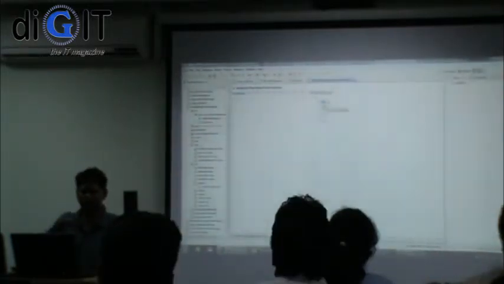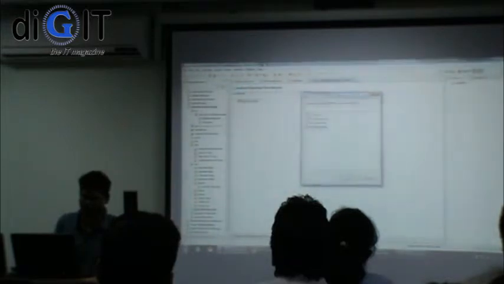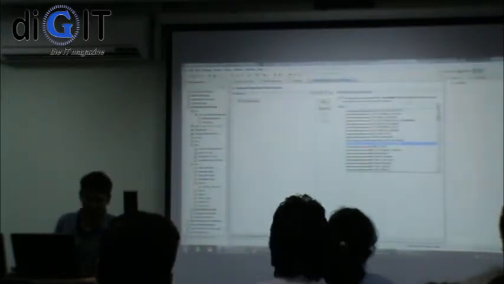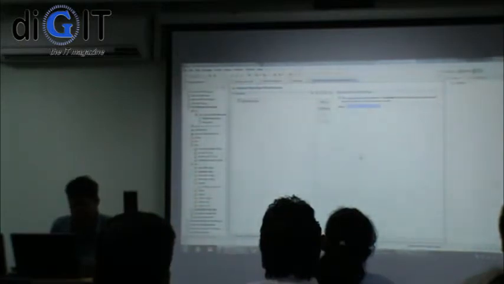Wait, we modified the wrong manifest. I had many projects open, sorry. So it's actually the wrong manifest. I'm just going to add the internet permission again. The problem is I had two or three projects open. When I did a quick jump, it opened up the manifest for another project, and I inadvertently modified that. This should work now, hopefully.